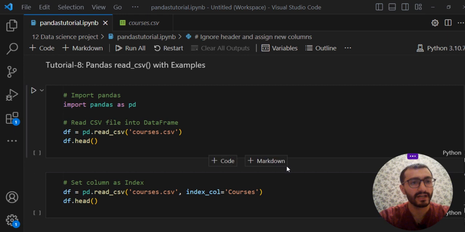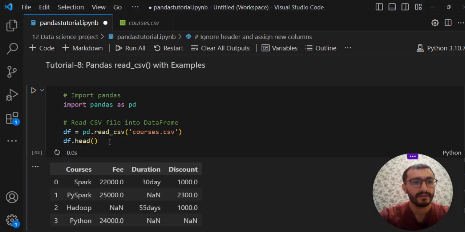In today's tutorial I'm going to talk about how we can read CSV files with Pandas in different ways. First, let's import Pandas as pd, and by using read_csv, write the file name inside of our parentheses